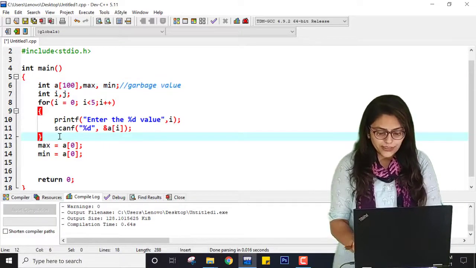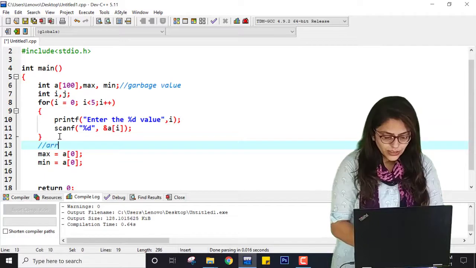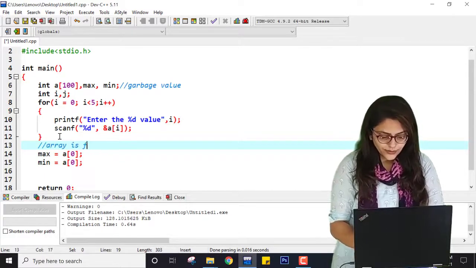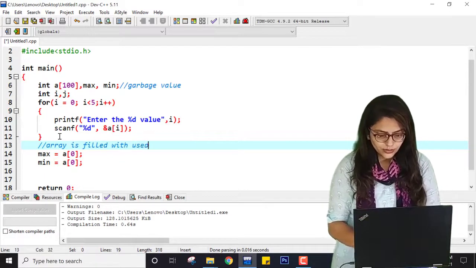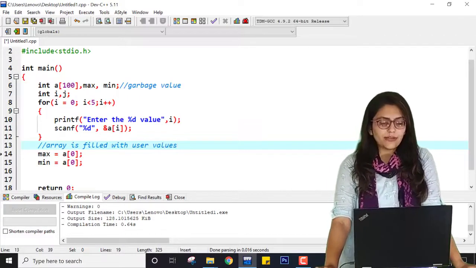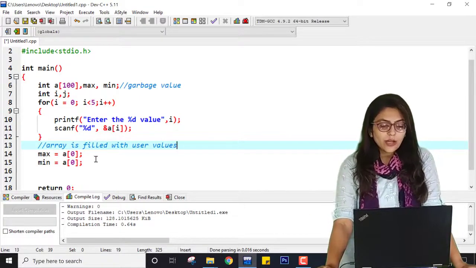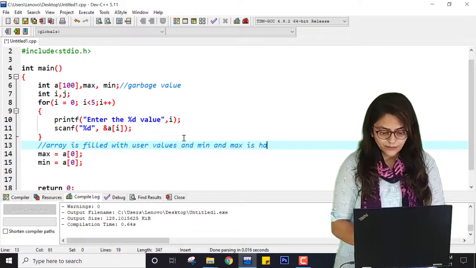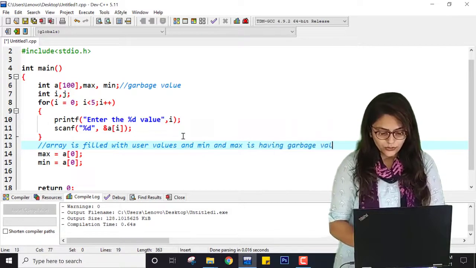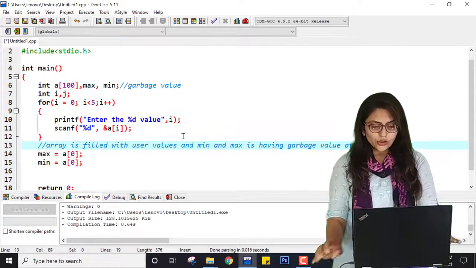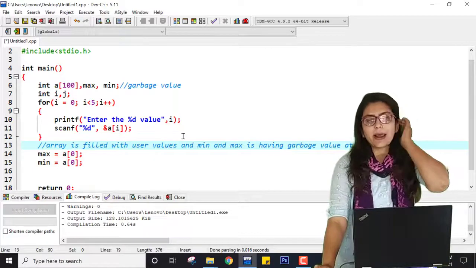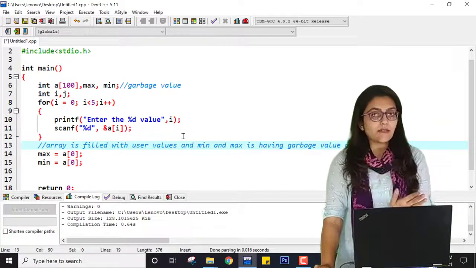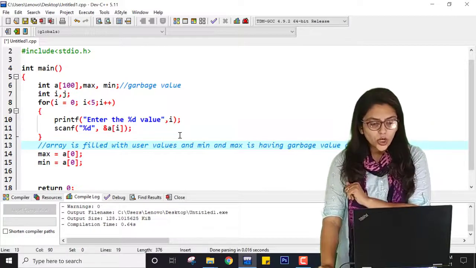After this loop completes, the array is filled with user values. Till line 30, min and max were having garbage values, but now the array is not having garbage values. It is filled with the values entered by the user.